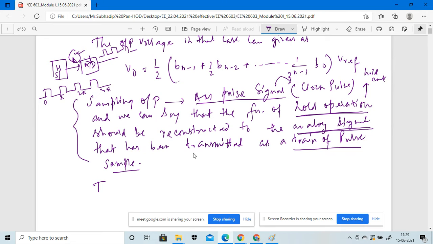We can say that the whole circuit is designed to give the output signal between the successive points according to the same prescribed manner. So we have to reconstruct my analog signal using the A to D converter, as well as the operational mode of the whole circuit. This will be my staircase type of structure. This staircase waveform will be my output waveform, and the staircase waveform of the output signal should be reconstructed into the original input signal.